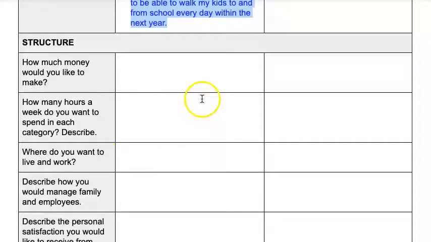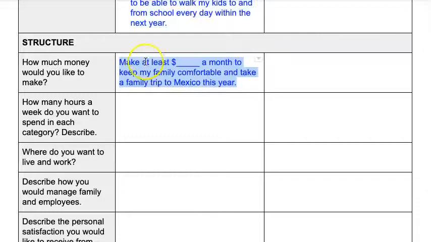How much money would I like to make to run my personal life? So I would want to make at least a month. I'm not telling you how much I need a month, but it's whatever is up to you. It could be $1,000 a month. It could be $100,000 a month. So you're not trying to say what you would like to make, but how much you would need to live comfortably. Okay, this is not a lotto type situation. It's like, how much would you like to make in order to run your personal lifestyle like you listed here.